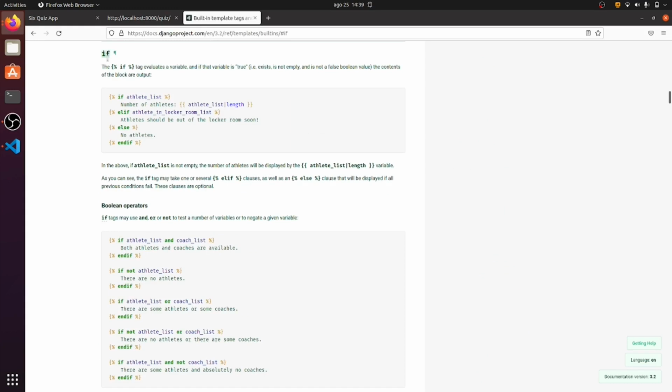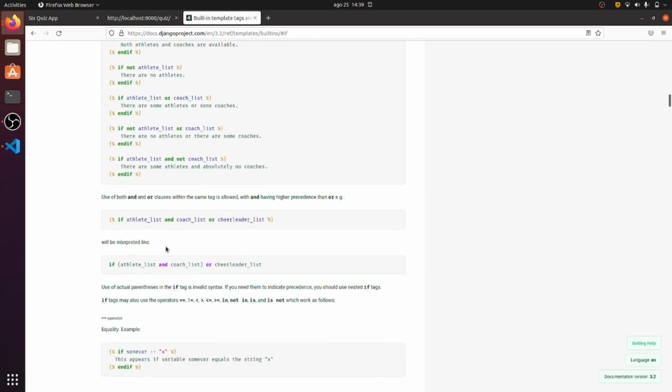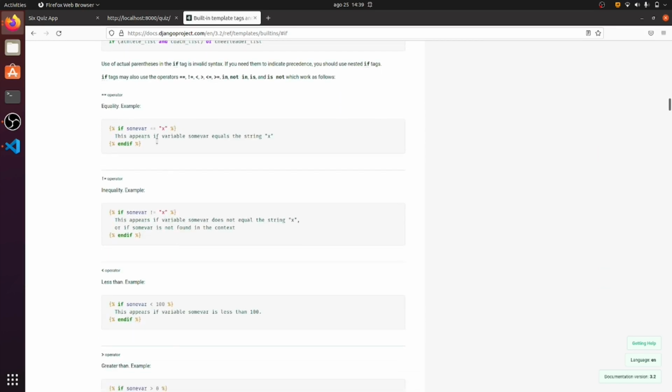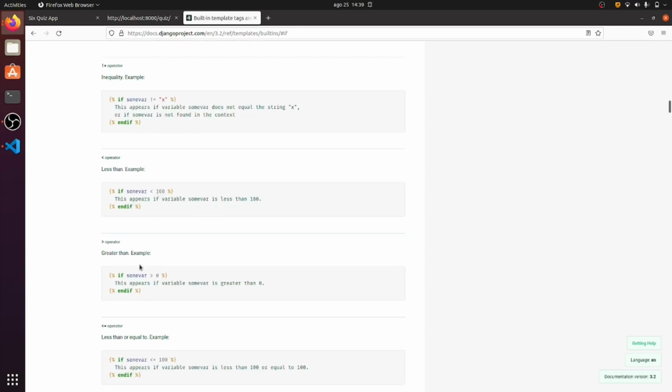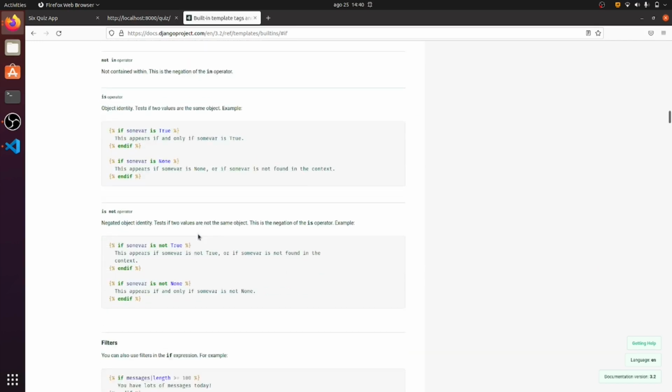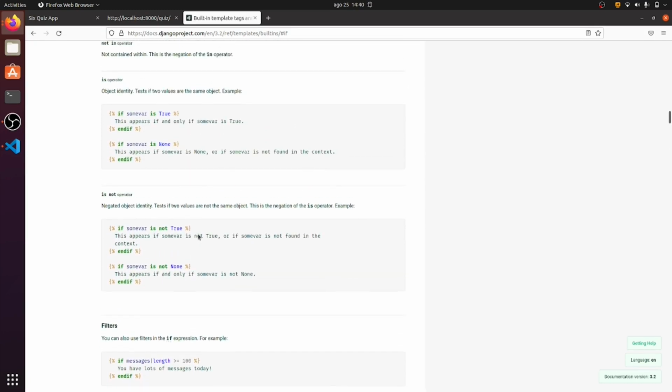This is the if tag. It works similar to Python, where we can use operators like and, or, not, equal to, not equal to, less than, greater than, and many more. So now I am going to implement this if tag in my HTML document.